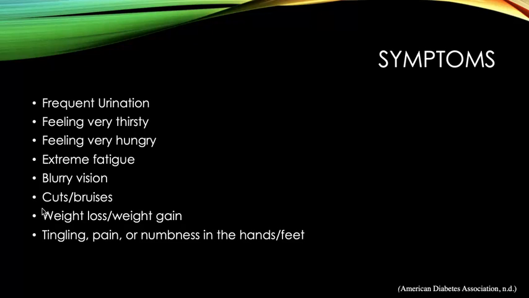Urination could be a UTI. Another example is thirst could just be dehydration. Fatigue could be from depression, a thyroid issue, or viral disease. Cuts and bruises will be slow to heal or may not heal at all. Neuropathy is common, starting in the legs. It may be diagnosed as restless leg syndrome. Early detection and treatment of diabetes can decrease the risk of developing further complications of the disease.